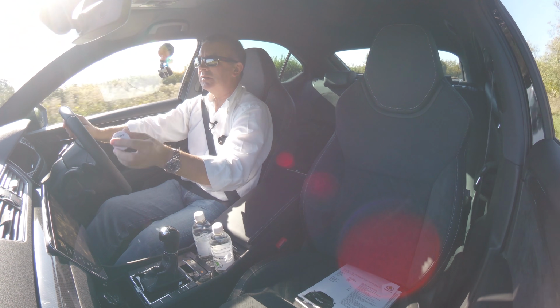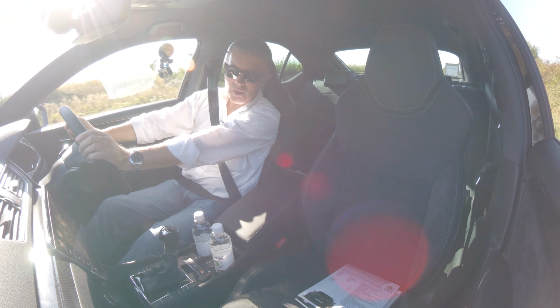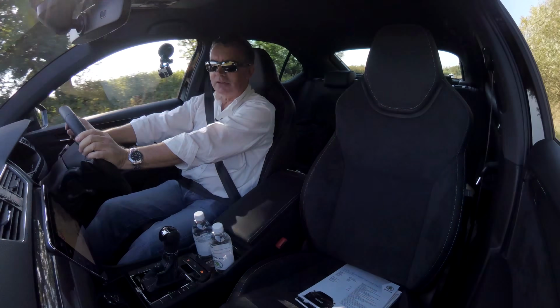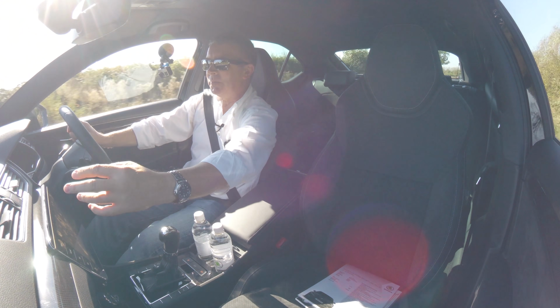Skoda mints. Actually, I could have done with them. Just had a very, very nice lunch. So here we go, home,